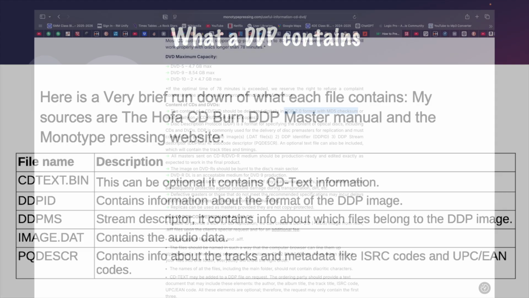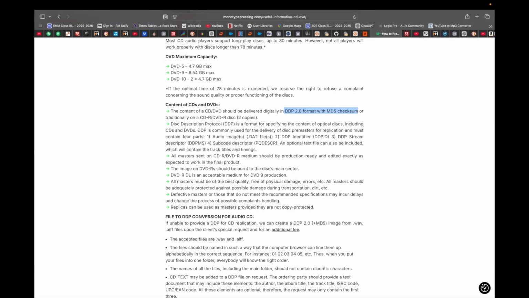UPC/EAN codes. Most replication plants prefer receiving a DDP folder, not just a single WAV file, because the DDP preserves track markers and metadata exactly as intended. Some plants will accept WAV or AIFF files, but often charge extra because they have to recreate the disk layout themselves. An example of a CD plant which has the option to upload WAV or AIFF files is monotypepressing.com, not